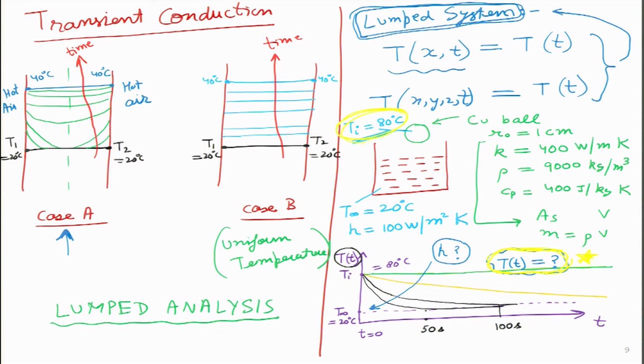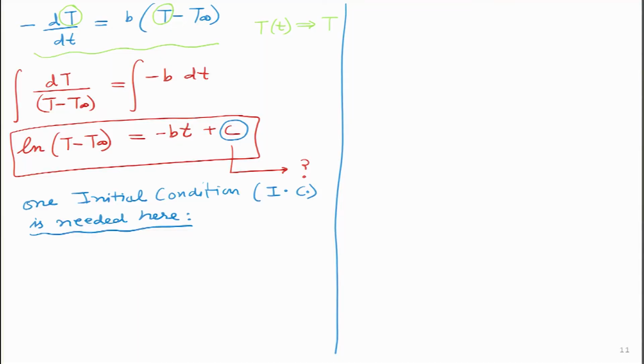So, this is what I was looking at: initially my system temperature, I know, is 80 degrees. So what I will put is temperature at T equals 0 is 80 degrees. Let me go ahead and do that. I will write temperature at T equals 0 as, instead of 80 degrees, just a constant Ti. That constant I can keep on changing, so I don't have to always write 80 degrees over here. Now let me go ahead and apply this initial condition.